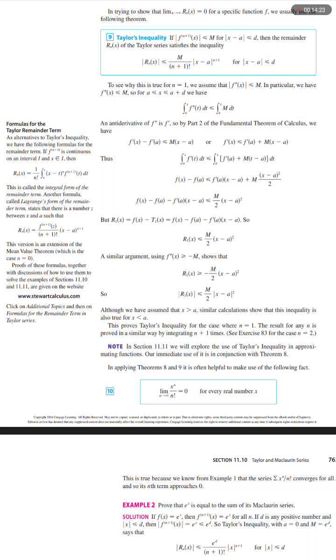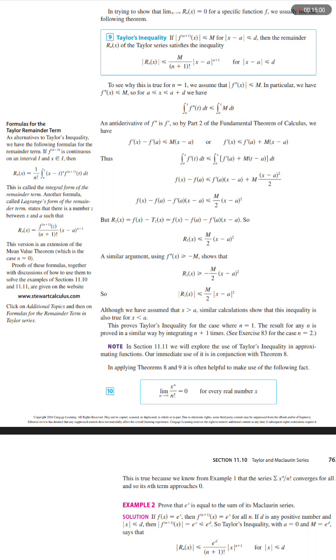See the sidebar. Formulas for the Taylor remainder term as alternatives to Taylor's inequality. We have the following formulas for the remainder term. If the n plus 1 derivative of f is continuous on an interval big I and x is an element of big I,